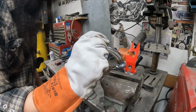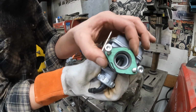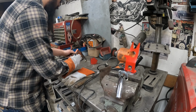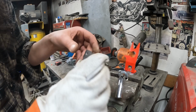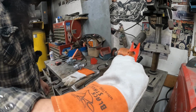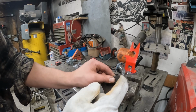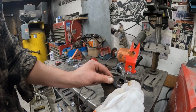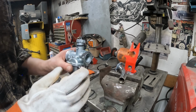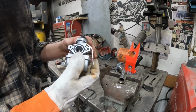Once this is bolted on, we're going to do the same thing with the flanges that we fabbed up the other day. Oh, almost hit the gasket. So this is set up for the VM20, so it is a little bit bigger. Got quite a bit to fill if we want to run this, or I'll hack up a 1-inch bar and make a little spigot flange that'll press fit onto here. I'm not quite sure. Or maybe I'll just make a smaller flange for the Mikuni, the 18 mil,